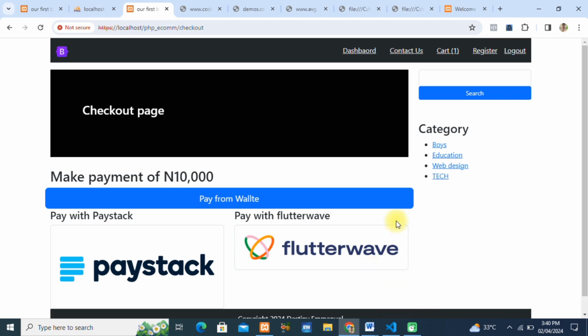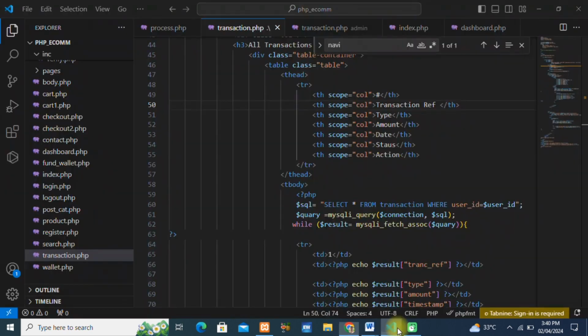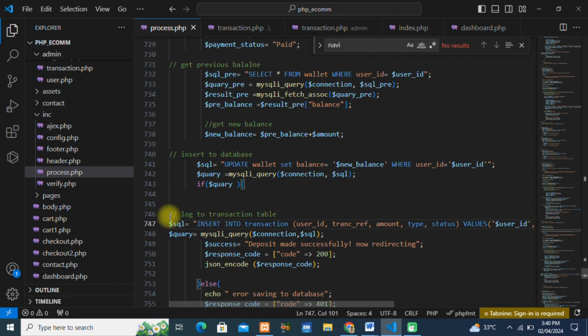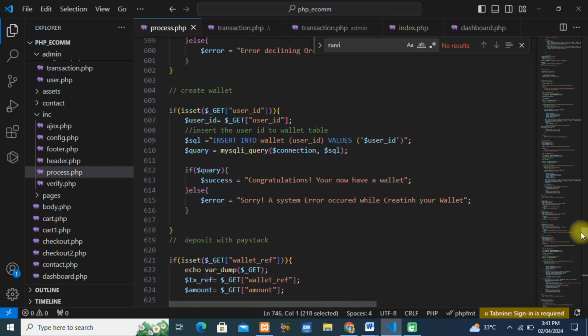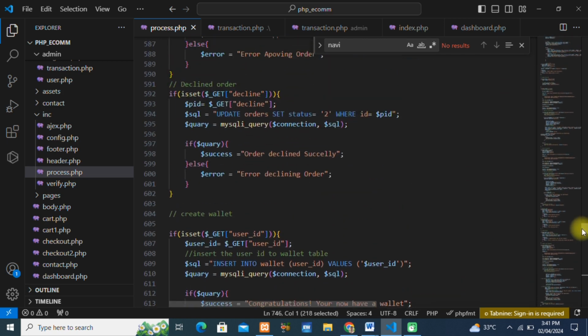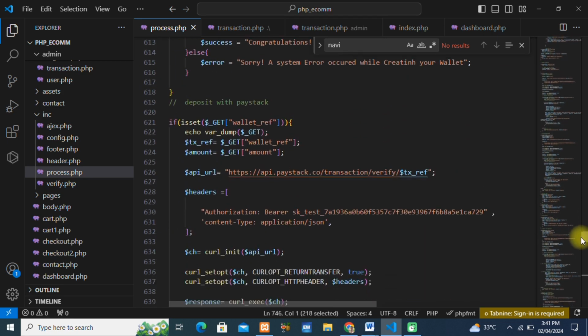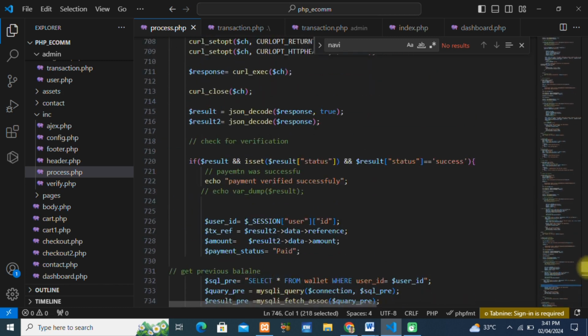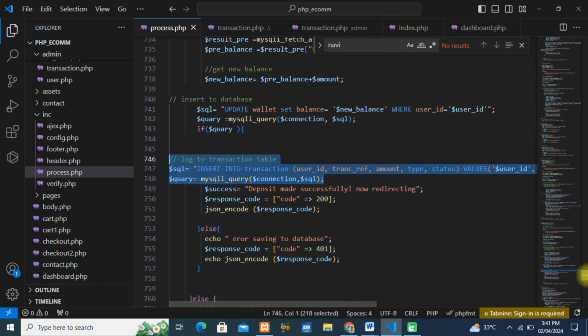not been initiated there. So we're just going to go over to our process section, and this is the page that contains all our APIs. Then we're going to copy this log to transaction table code we wrote earlier, you remember. Then we'll go to where we have those functions. We've done it for deposits to wallet, so that is working. Let's go and do it for